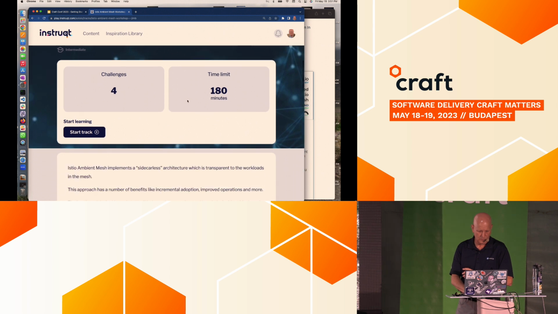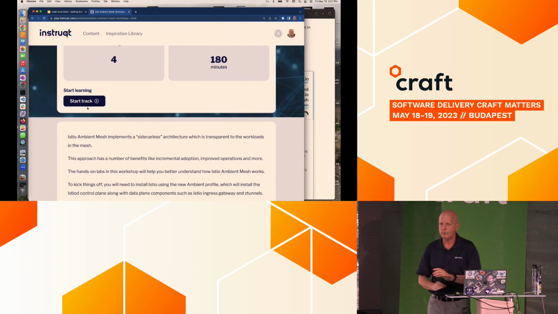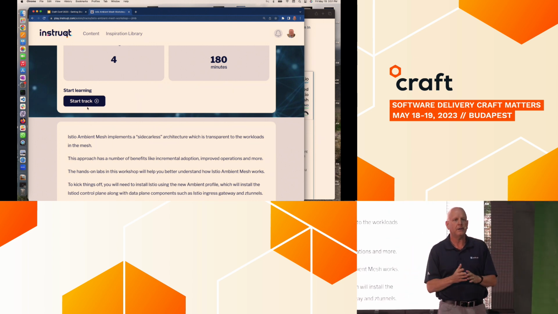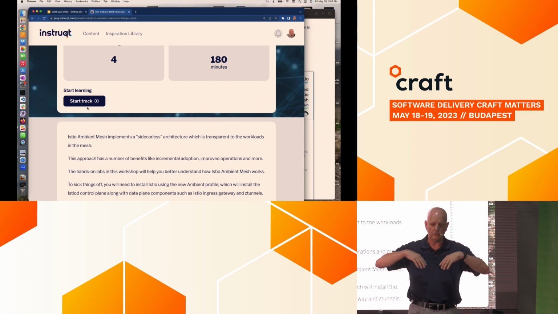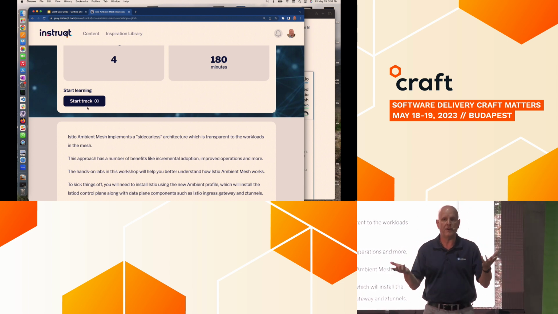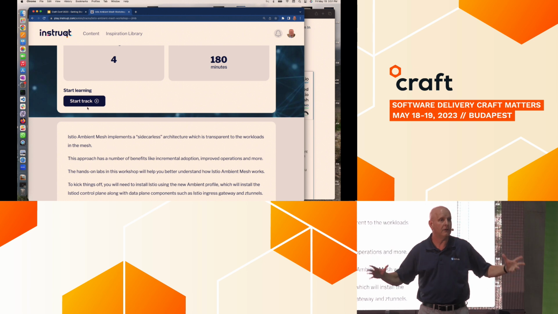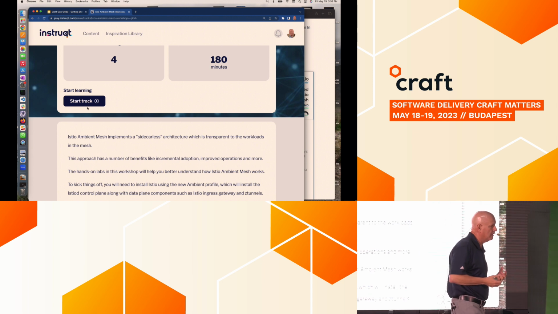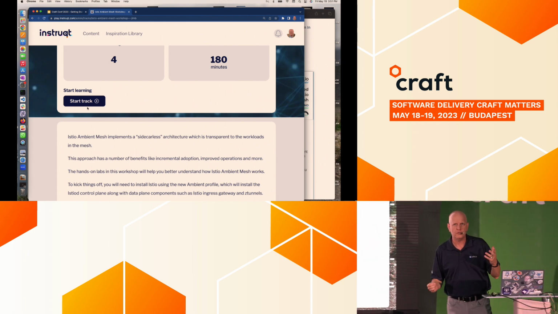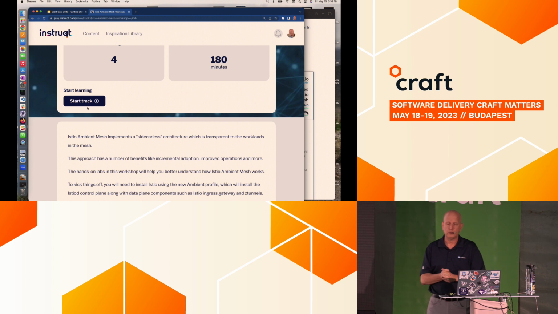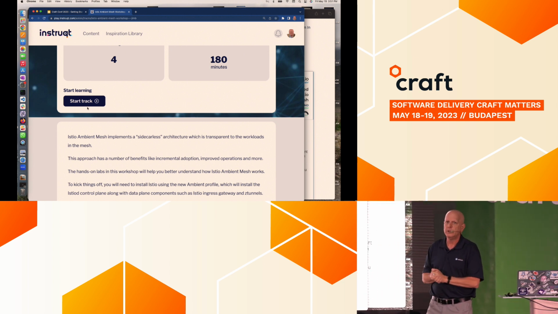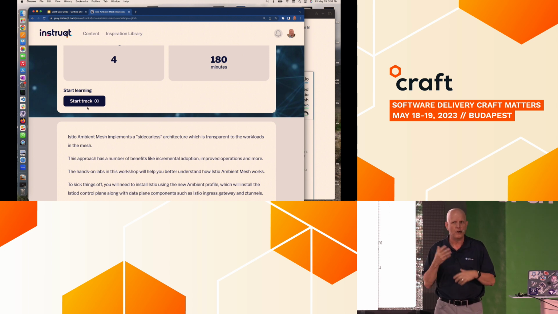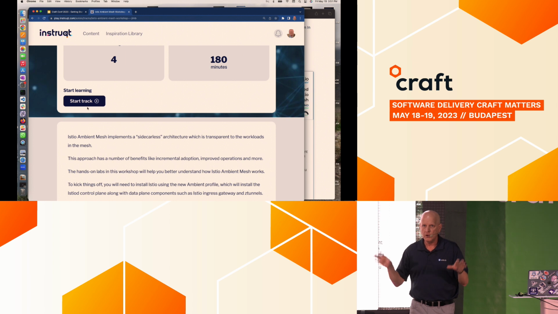And when you see that, you will see a blue button here somewhere that says Start Track. When you press the Start Track button, it's going to begin the process of spinning up an environment that's just for you. So we're all going to be operating in our own sandboxed environments. This afternoon, we're going to spin up basically a 4-node kind cluster to be our deployment environment, and then we're going to do some Istio deployments and specifically some ambient work and policy definition and that sort of thing within that